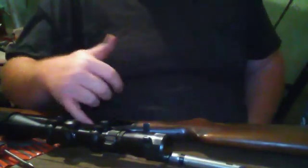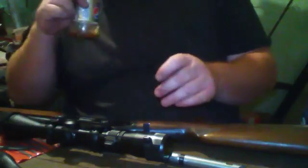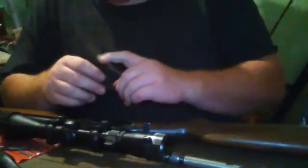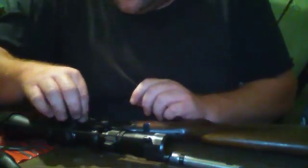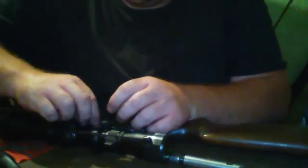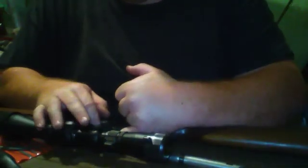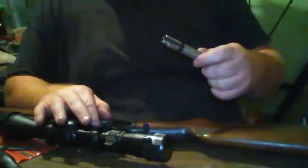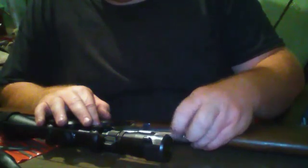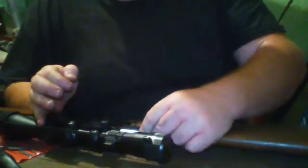This is probably the only part of the Marlin 336 that I don't like, is this ejector. They could have threaded this little nub right here and put a nut on it. They'd have had to have extended it, of course. Down in there, give her a push back, let that fall in, maybe come from the front here. Sometimes you got to kind of wiggle it, make sure it gets into that hole on the side of the receiver. Take our bolt, run it in, there we go, bolt's in, push it forward,